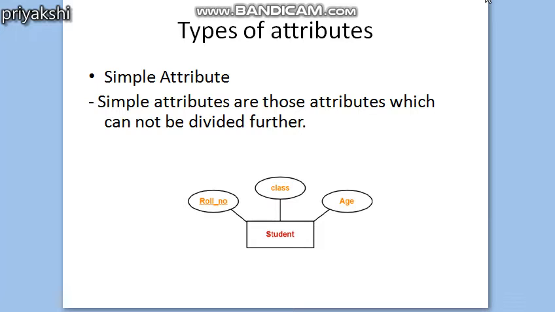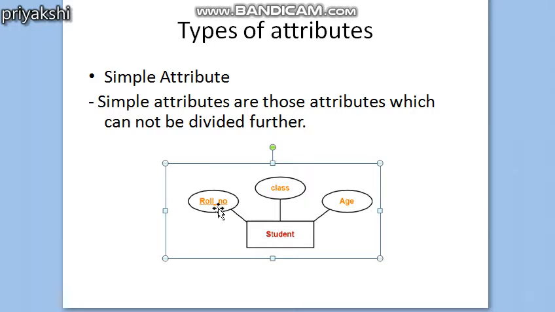In some books, simple attributes are also referred to as atomic attributes. Attributes that are not divisible are called simple or atomic attributes. That means simple attributes are those attributes which cannot be divided further. If you consider an entity student, and here we are considering three attributes: roll number, class and age.